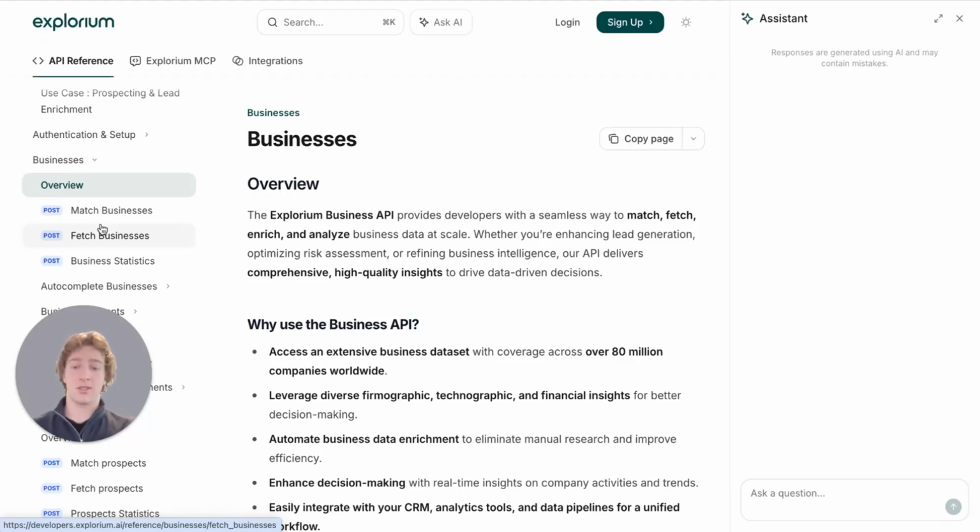The match endpoint specifically gives you a singular ID for a specific company that you are interested in. So say I want to look up Apple. I can put Apple into the match endpoint and it will give me the Explorium ID for Apple. On the other hand, fetch will give you many different IDs for a general category of businesses. For example, if I want to find businesses that have certain firmographic bands, whether it's employee count, revenue range, and so on, I can put those parameters into the fetch endpoint